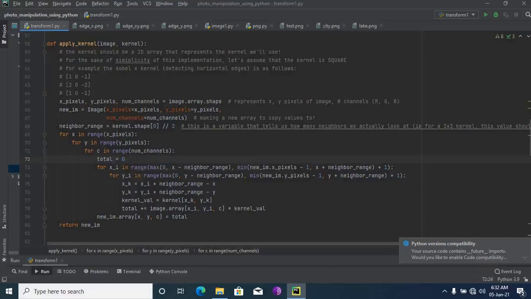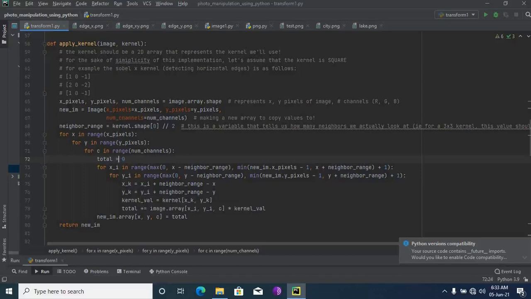Then for xi in range, max of 0 and x minus neighbor range, to min of x plus neighbor range plus 1, and the same for y. Then I create xk for the kernel: xi plus neighbor range minus x, and the same for yk.